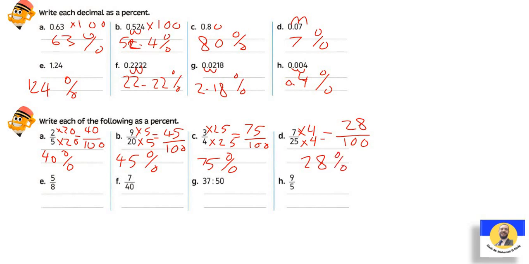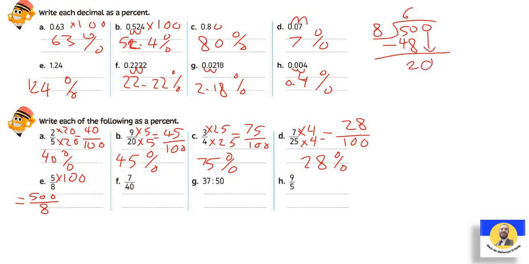Can the 8 be changed? He tells me no, I can't. So what do we do? I tell him there's another idea: we can multiply this whole fraction by 100. So it equals 500 over 8, and then we do our division, 500 divided by 8. Then 50 divided by 8, the nearest is 6 because it's 48, minus, remainder 2, and put 0 down, so 20 divided by 8, the nearest is 2 because 2 by 8 is 16, minus, remainder 4, then put the decimal point and an extra 0, so 40 divided by 8 is 5, so here it's 40 minus 40 is 0, so the answer will be